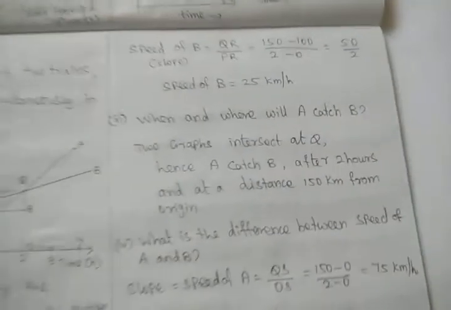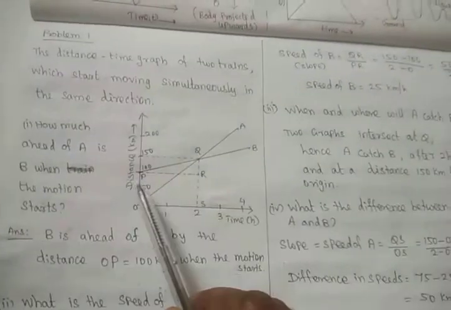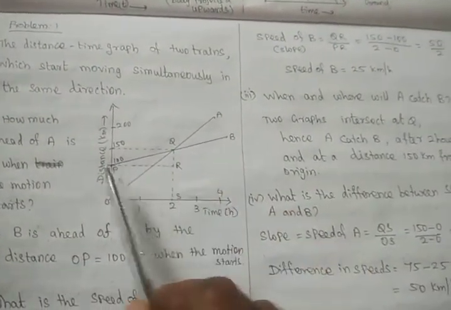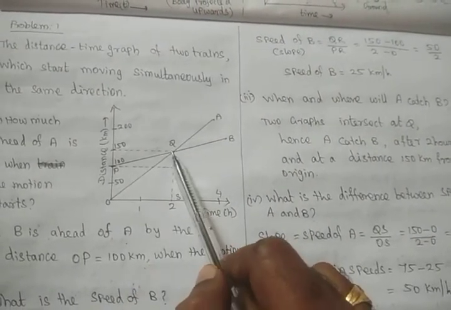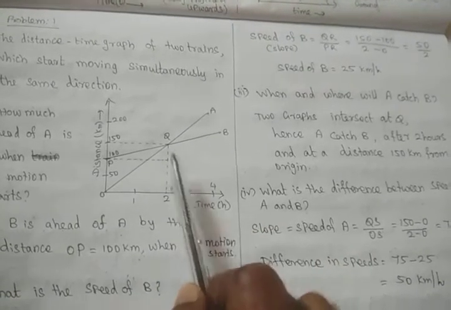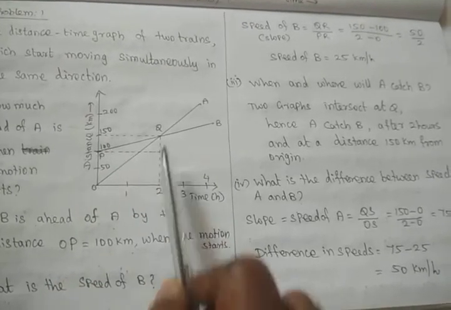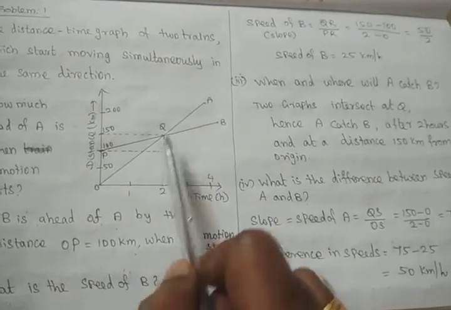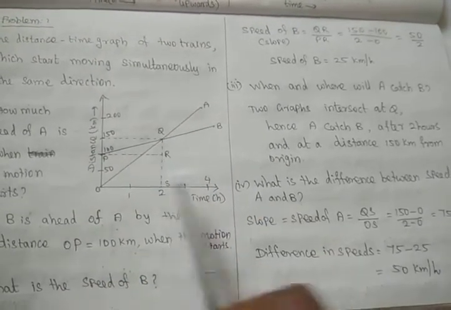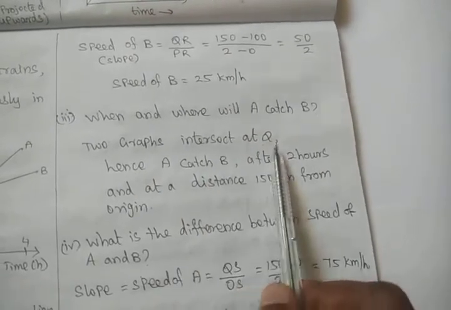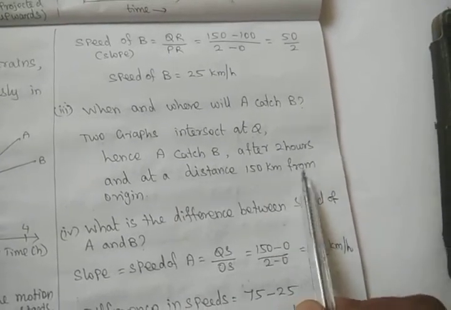The next question: when and where will A catch B? By seeing the graph itself it is easy to understand. At the point Q both trains will meet. So at the time of 2 hours, at a distance of 150 kilometers, train A catches B. The two graphs intersect at Q, hence A catches B after 2 hours and at a distance of 150 km